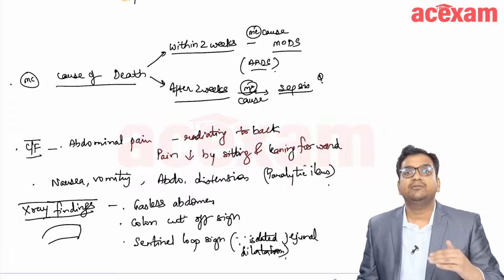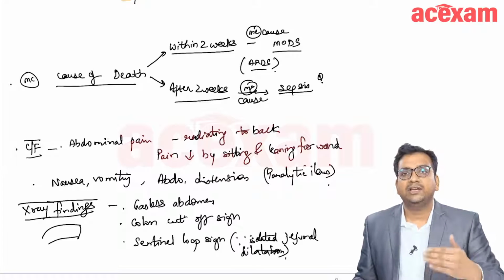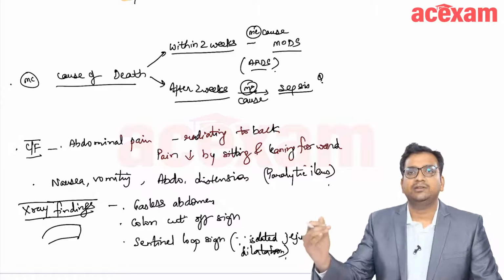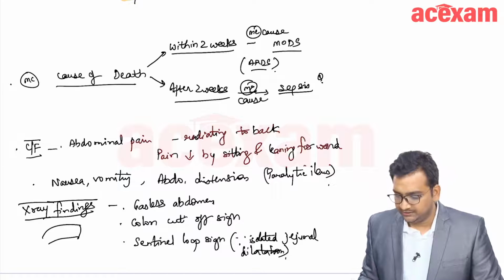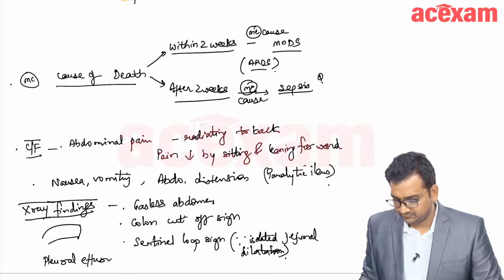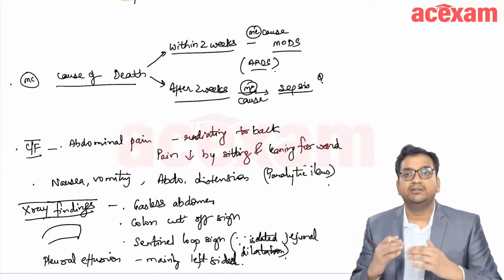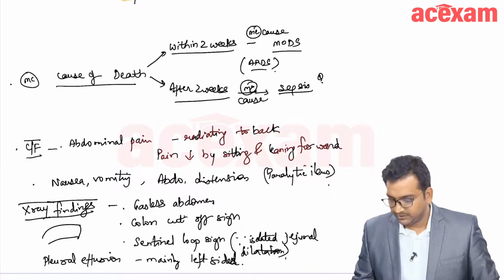Some patients have pleural effusion on X-ray. This pleural effusion will be more towards the left side. The pancreas is more towards the left side, in close relation to the tip of the spleen, and the pleural effusion is also mainly seen on the left side. It can be left sided or bilateral, but when we see whether it is more on the left side or on the right side, then left is more than right. Okay, now